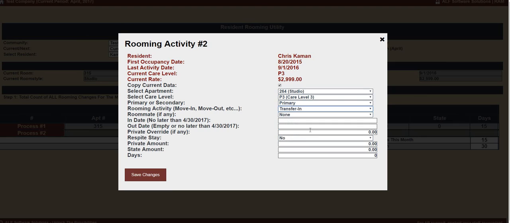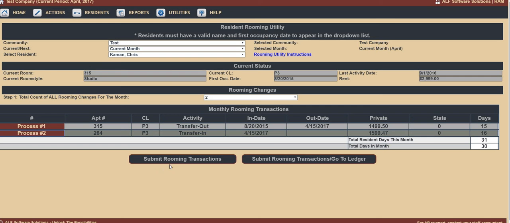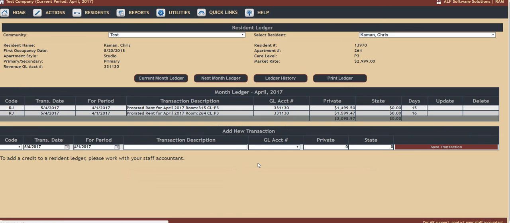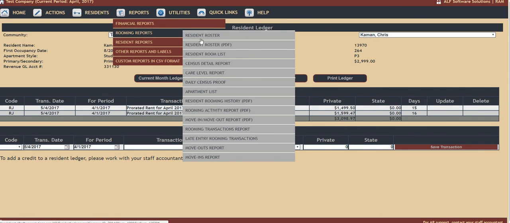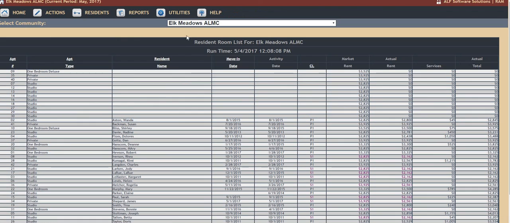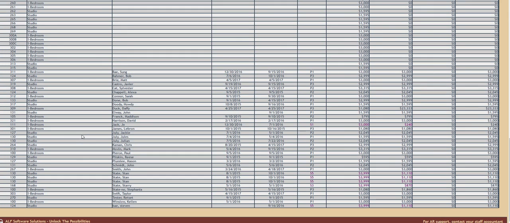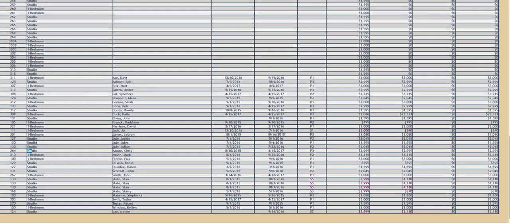The rooming activity is going to be a transfer in, and we're going to use the same date as the transfer out. And I'll tell you the reason why here in a little bit. So it's a two-step process. Transfer rooming. Submit the process. Head into rooming. Go into your room list. Double check your work. And in room 264, here's 264, okay, and he was in room 315,